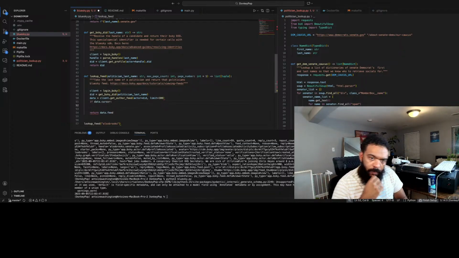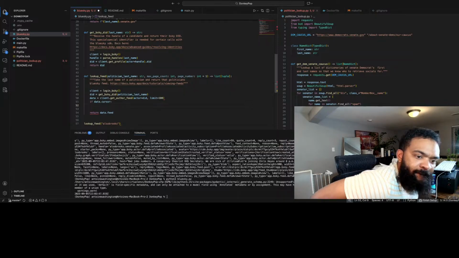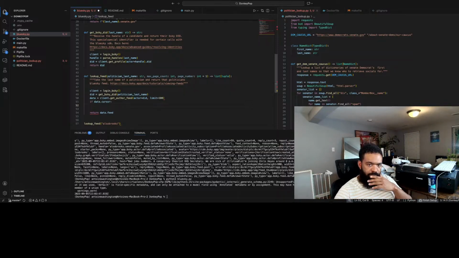And page number is less than... oh yeah, I gotta make this Pythonic.